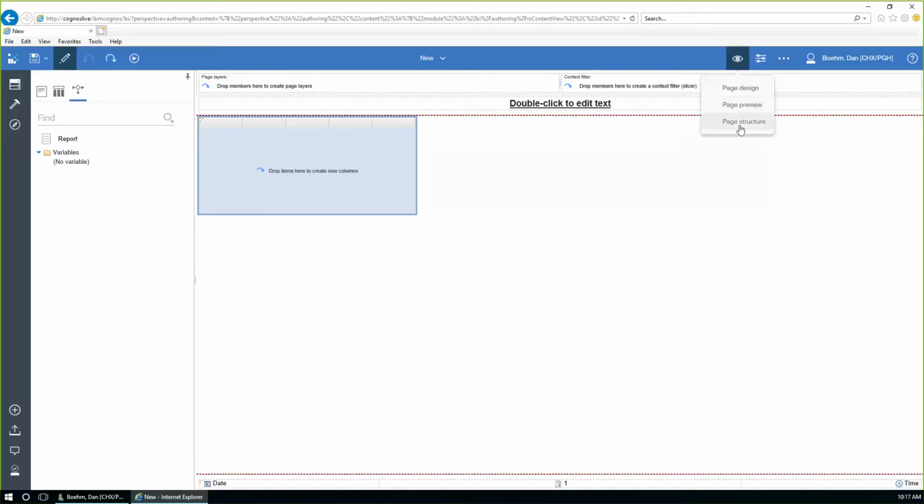Page structure is unusual to leverage. It shows my report page as a hierarchy. Now, because my report page is not particularly interesting and there's no data to show, switching views right now is not going to be a useful thing. So let's create a quick report. Nothing fancy, just something super quick